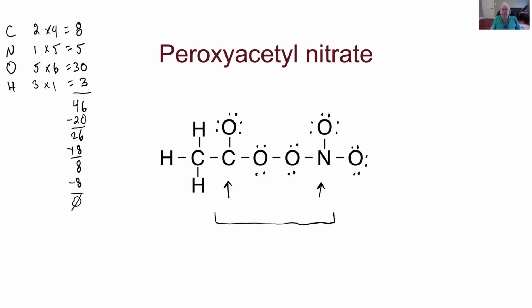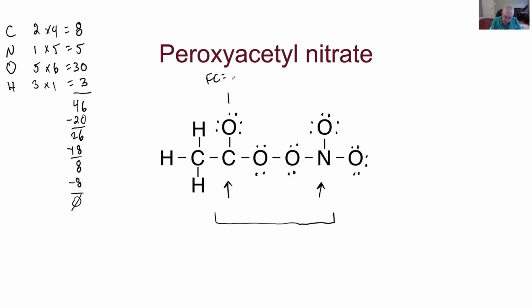Probably the best way to do this is to figure out the formal charges on those oxygen atoms. They don't look the same as each other, which means there's a good chance they'll have different formal charges, and that might help us figure out which one to take the electrons from, okay? If I look at the one on top, if I want to do the formal charge here,